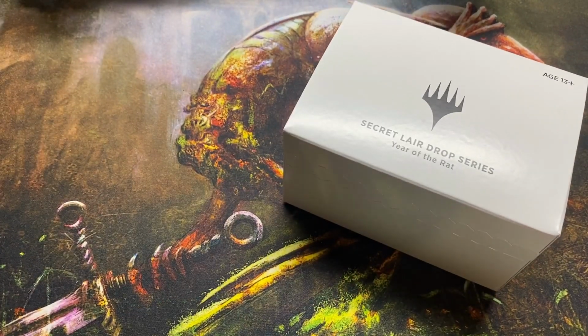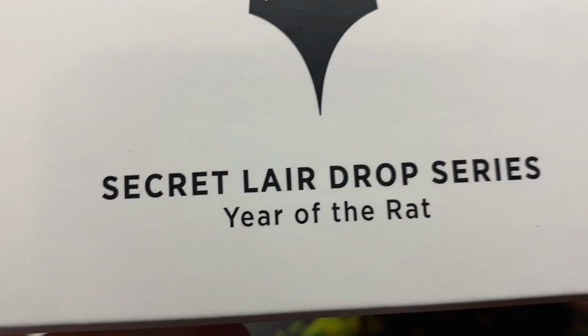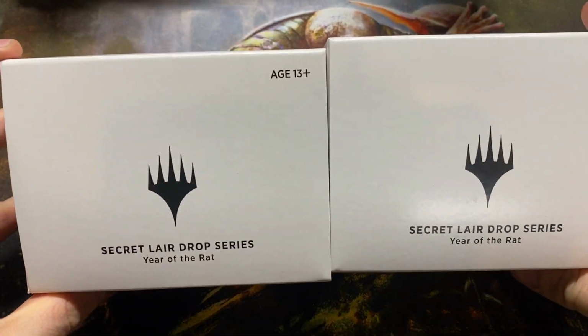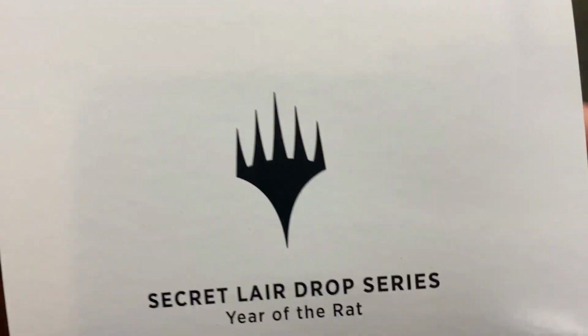We've got a couple boxes from the newest Secret Lair series, the Year of the Rat. That's right, 2020 is the Year of the Rat, and Wizards gave us another shot at one of their exclusive